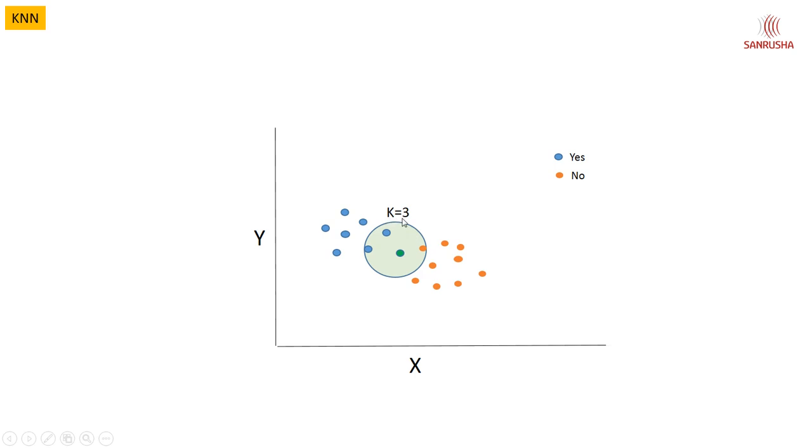What if I change this K to 5? The prediction changes, because now there are 3 points on the no side and 2 points on the yes side. Now this point becomes no. That means the prediction is this customer is not going to purchase your product. So based on the K value, the prediction changes. There is a logic to be followed to derive this K value, and you will learn this while we go through hands-on project in next lecture.